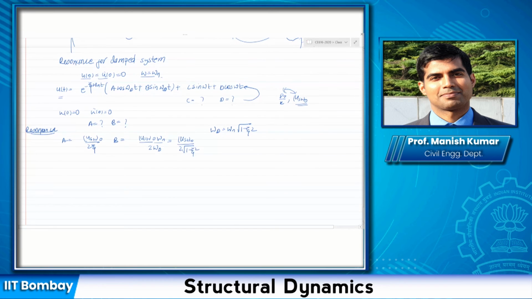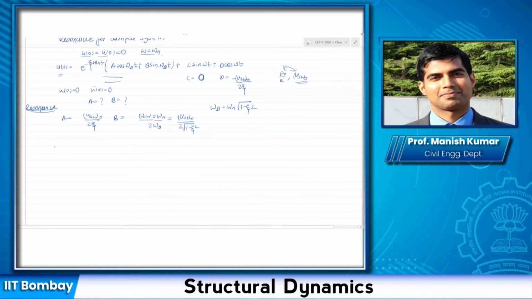Okay, and C, I think you can directly get: the numerator has 1 minus omega by omega n square, so this would directly be 0. And I think D, when you substitute it, you had 2 xi terms in the numerator, but a 2 xi square term in the denominator. So basically you would get it here as p naught by k, which I can write like this. Once you substitute it in this expression, you will get the expression for u(t) as u_st0 times 1 over 2 xi.